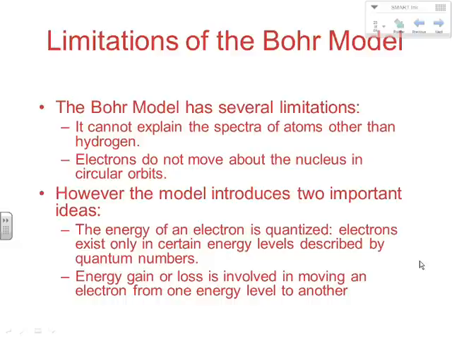It must just have been a little bit more complicated than his fundamental idea was. So his model did really introduce 2 very crucial ideas. First, the energy of an electron is quantized. Electrons can exist only in certain energy levels, and we describe those energy levels using quantum numbers, which is something we'll get into tomorrow. And energy can be gained or lost as electrons move from lower to higher energy. That's an absorption of energy, or loss when they fall from a higher